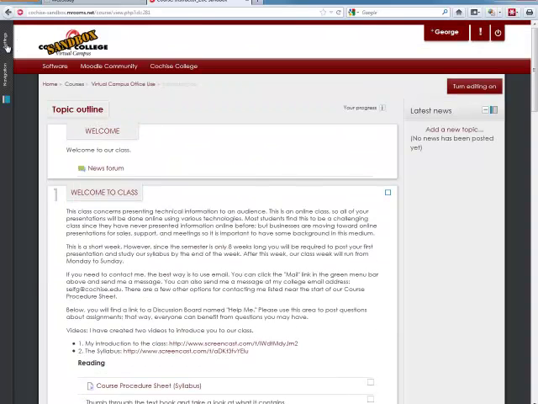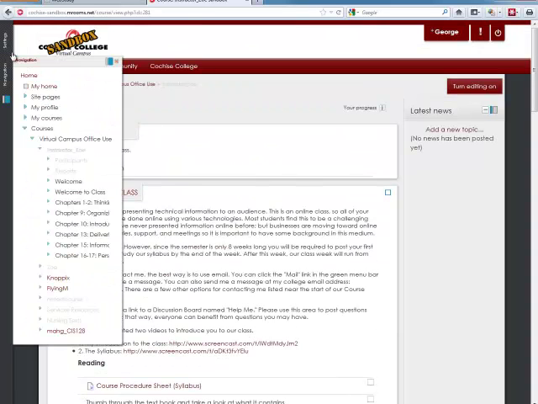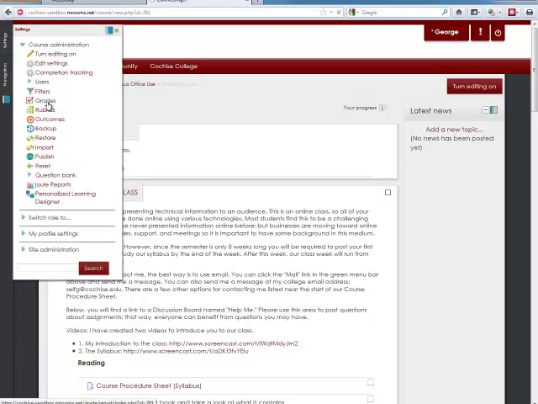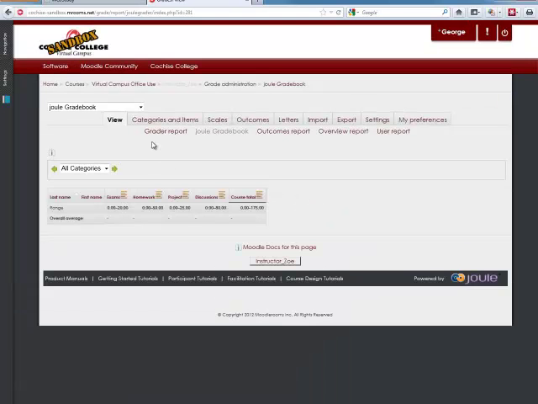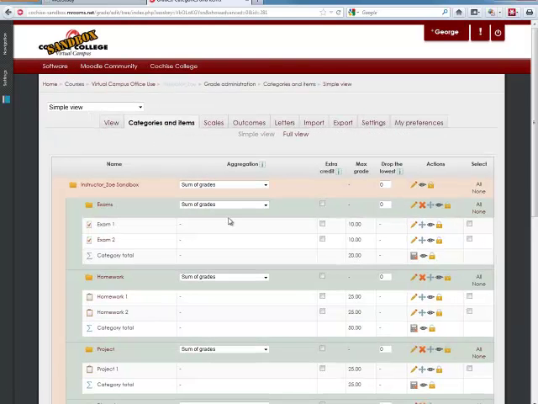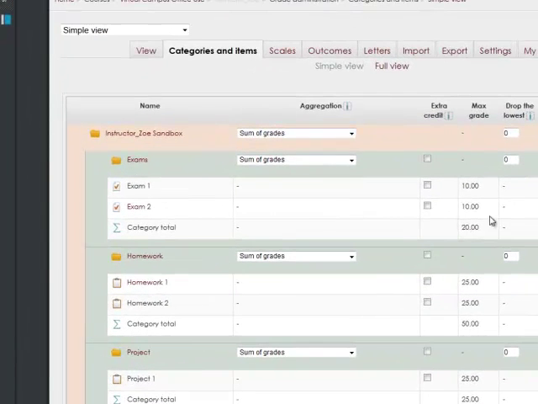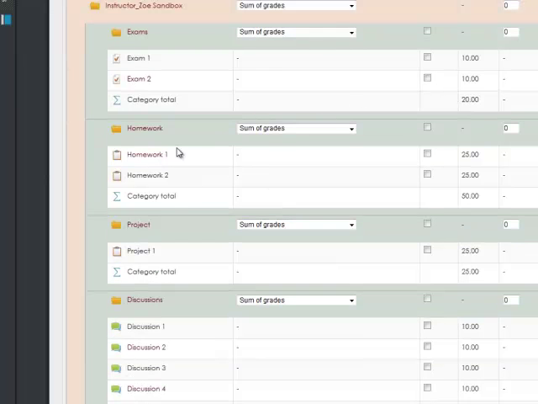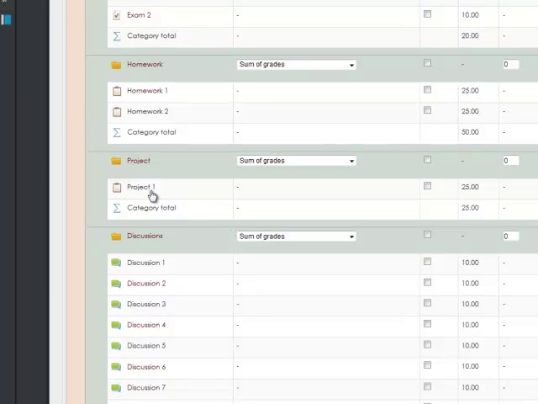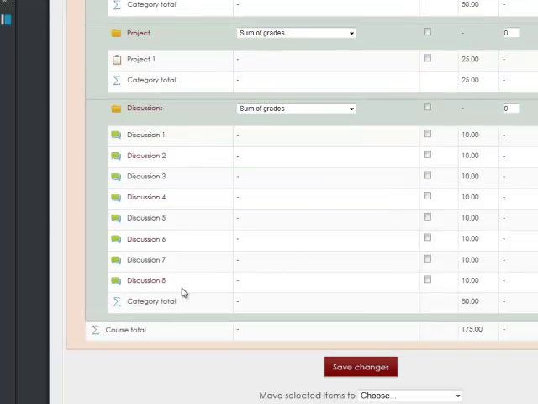So let me open up the gradebook, settings and grades. In the gradebook, I'll click on categories and items, and you'll notice that I have exams. There are 2 exams worth 10 points each for 20 points. I have 2 homework items worth 25 points each for 50 points. I have 1 project that's worth 25 points, and I have 8 discussion boards, each worth 10 points for a